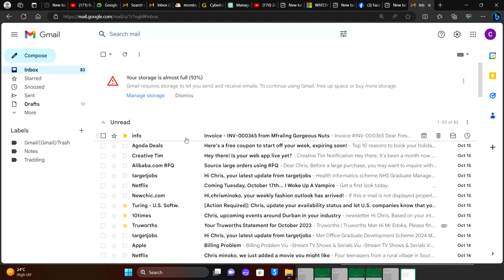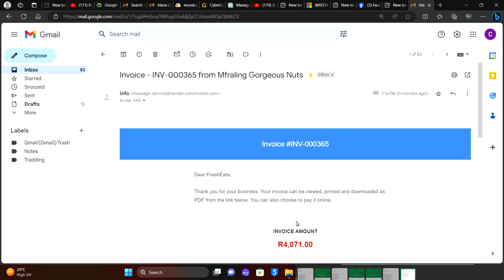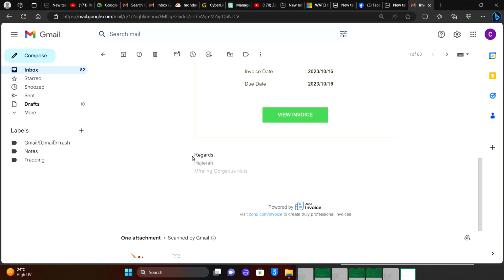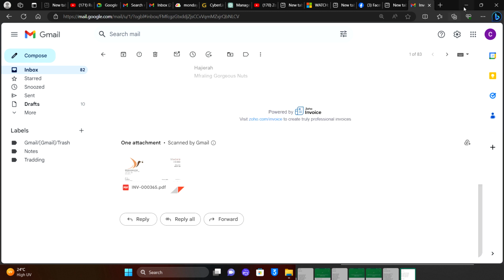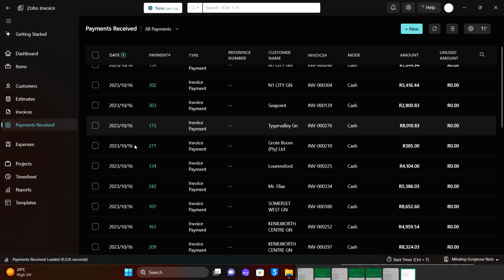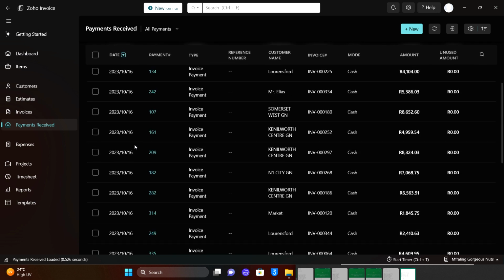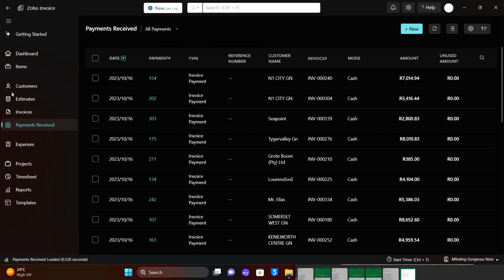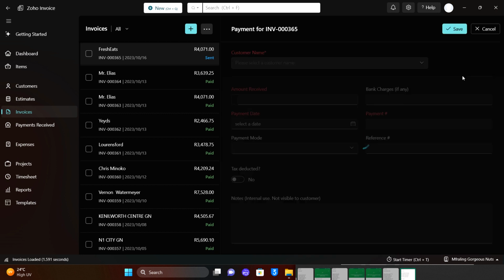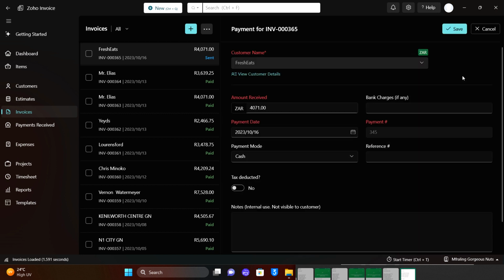See, there's another one now. This is no longer an estimate, it's an invoice. And then we can go to payments received. Payments received gives me a list of all the payments that we have received. So let's say he makes a payment. I'll go to my invoice, and I can record a payment. You see, I can record a payment